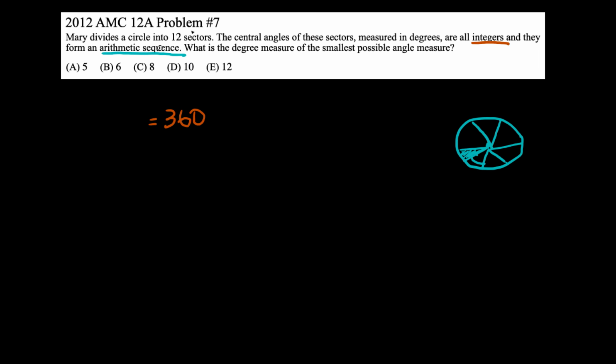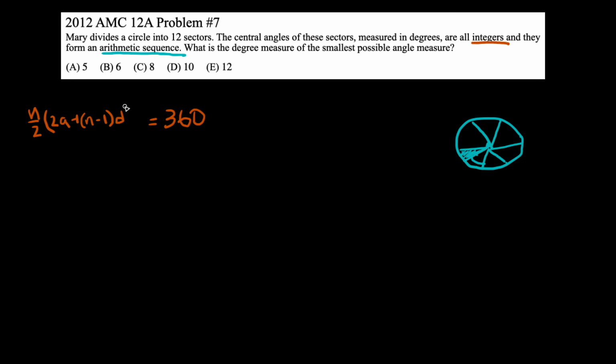So since we see an arithmetic sequence, I think we should use a general formula. We don't know what the first term necessarily is, and we don't know what the common difference is necessarily either. So I think we're going to use one of the more general formulas that we derived, which is n over 2 times 2a plus n minus 1